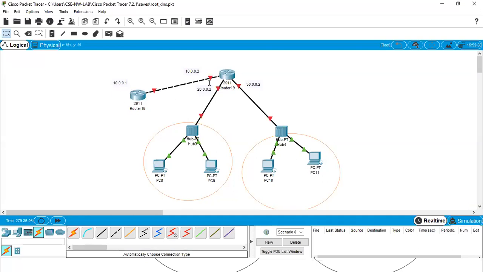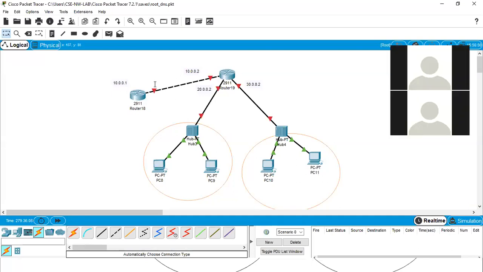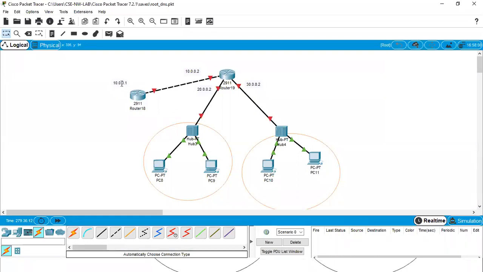Now remember these IP addresses, what is to be configured here. So the DHCP server will be 10.0.0.1. These are the static addresses which we have to configure.